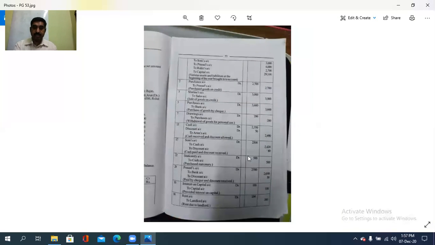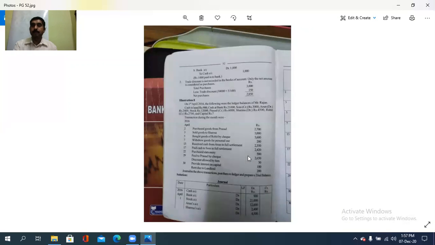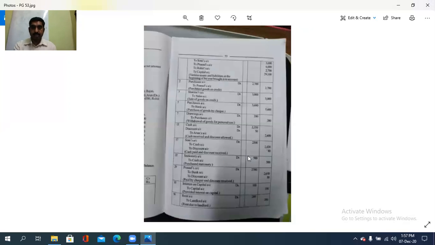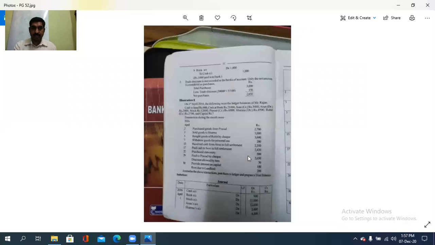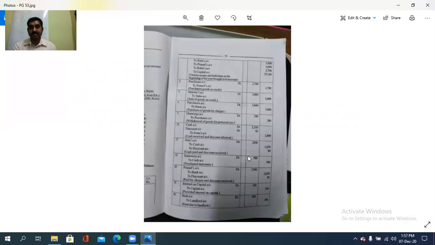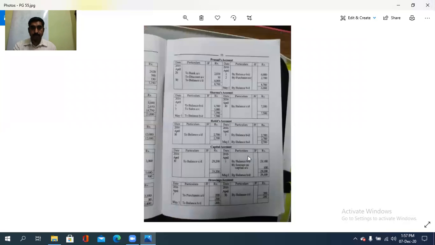Then what is the next case? Purchased goods from Prasad. What is the entry? Purchase account debtor to Prasad. See the entry. Purchase account debtor to Prasad. Then sold goods to Sharma. Sharma debtor to sales. See the entry. Sharma's account debtor to sales. Then